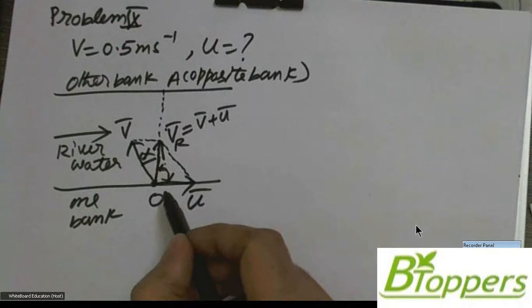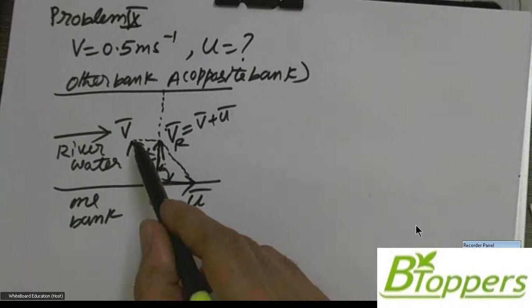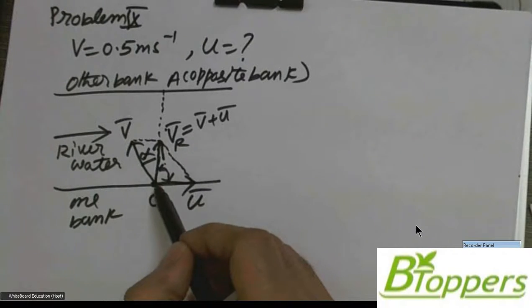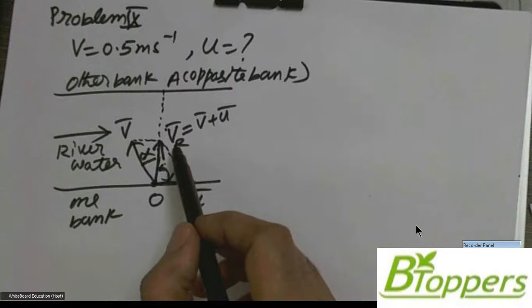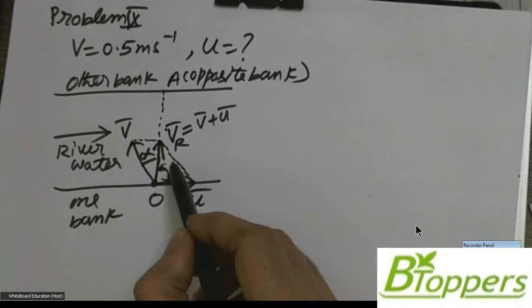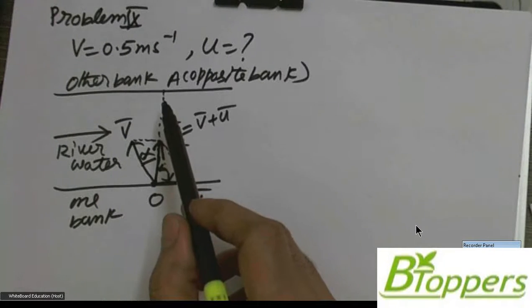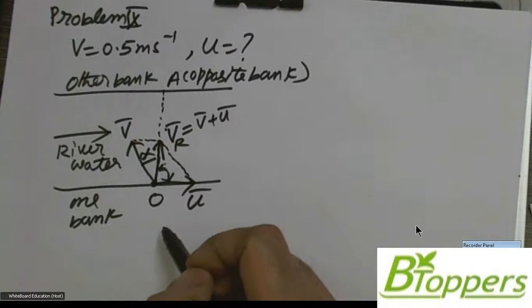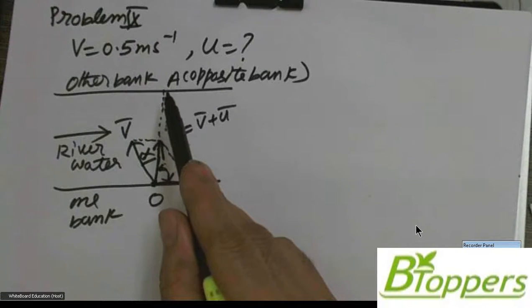So if we construct a parallelogram by representing the two vectors U bar and V bar graphically by the adjacent sides of the parallelogram, such that the tail of U bar is attached to the tail of V bar, then the diagonal of the parallelogram represents the resultant of V bar and U bar. That means VR bar represents the resultant velocity of the swimmer, or you can say VR bar is the velocity with which the swimmer moves with respect to a stationary observer on one of the banks. The swimmer moves along the minimum distance path and reaches exactly the opposite point on the other bank.